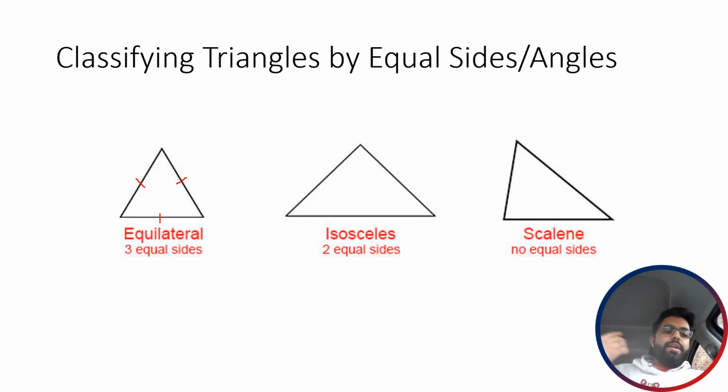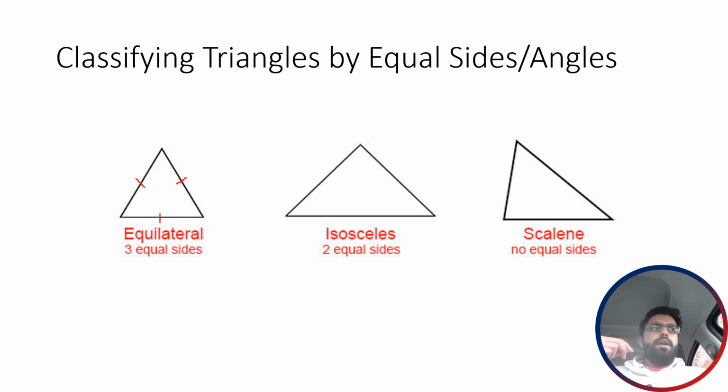So this is useful because if I were to tell you, I have a garden and it's the shape of an equilateral triangle and the side length of one of the sides is 6 meters, then because I've told you it's an equilateral triangle, you automatically know that if one side is 6 meters, then the second side is also going to be 6 meters, and so is the third side. So this is where it starts being useful, but we'll explore that a little bit more in future lessons. For now, I just want you to understand what the differences are, and then we will apply that knowledge